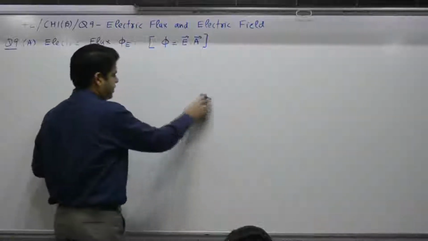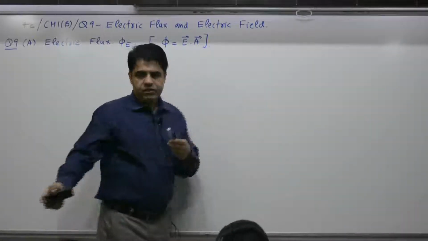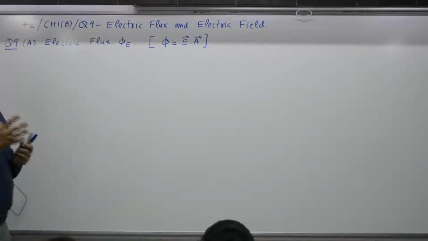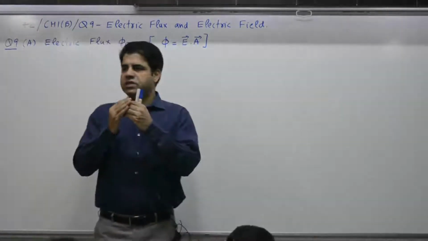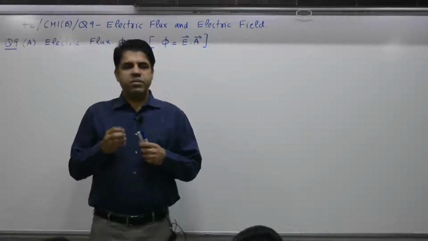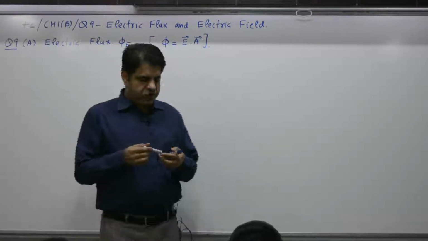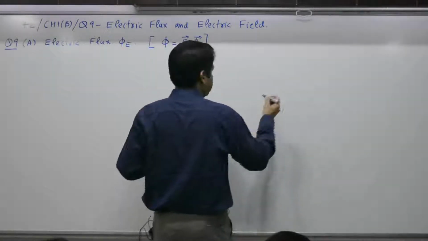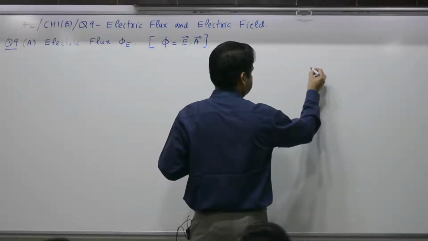Question number 9 deals with electric flux. From a bulb, what comes out is light. From a magnet, magnetic field lines. From a charge, electric field lines. So when you say electric flux, if there is a charge